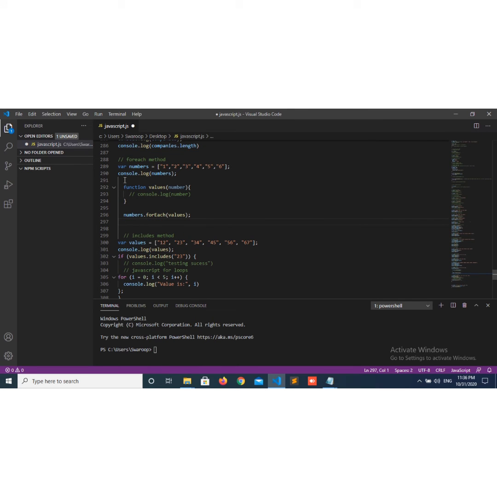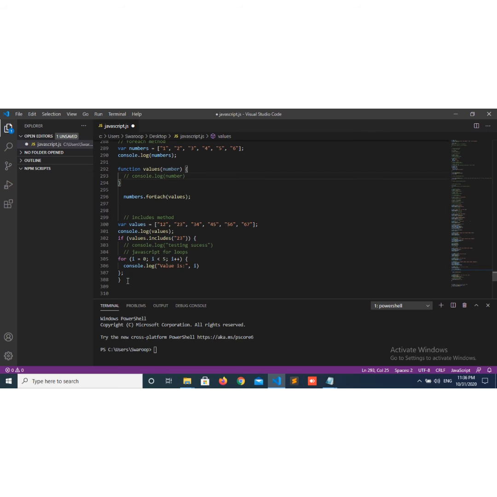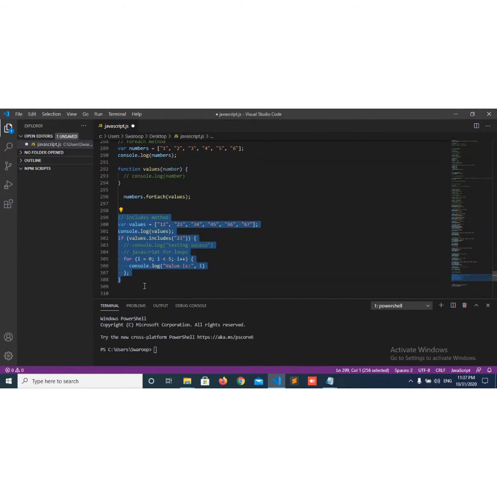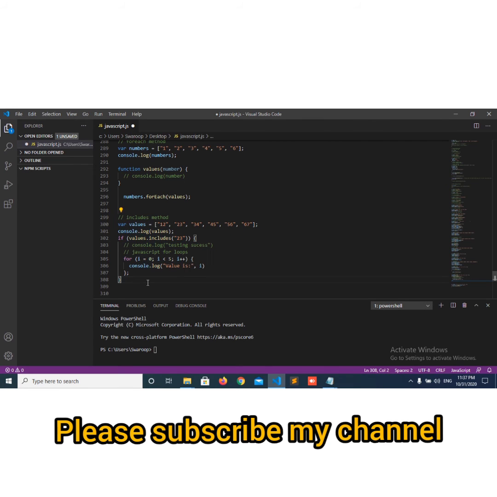Let's see. Let's say code is there like this. In case I want to put some formal way of format, you just drag your required code, then you just click on Ctrl plus K, Ctrl plus F. At that time code will appear in some formal way. Like this I want to put some formal way this code also. Ctrl plus K, Ctrl plus F. Formal way of format your code.